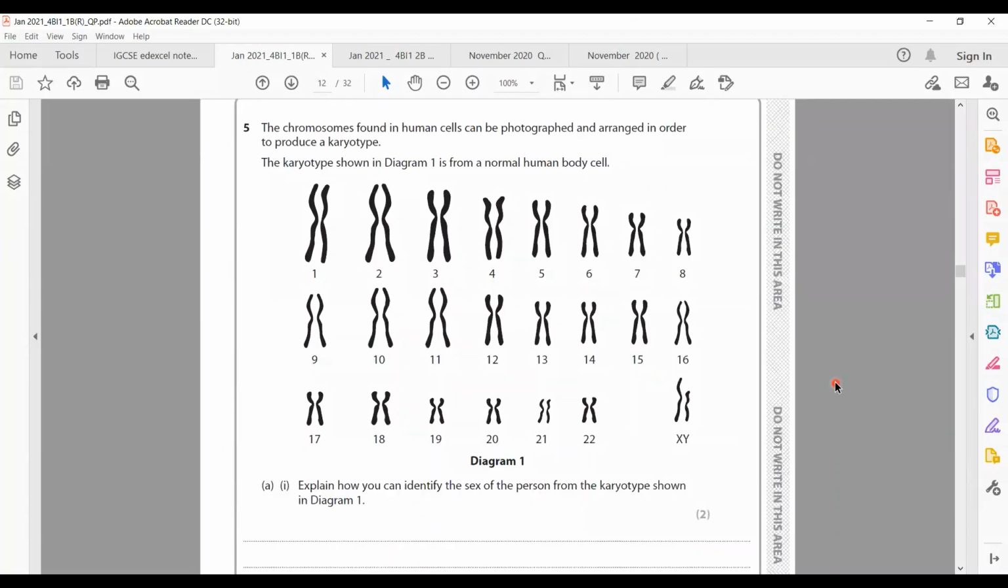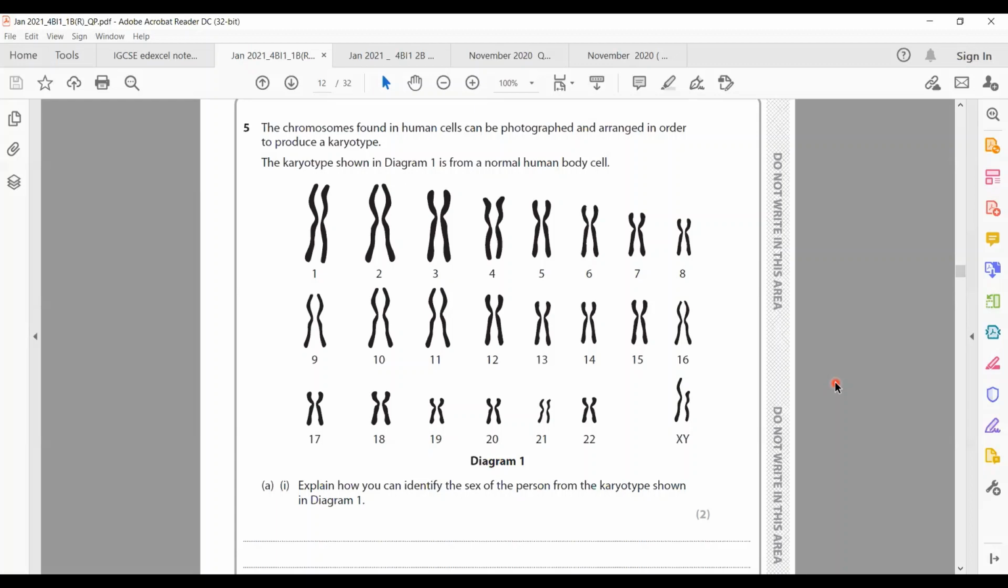Number 5. The chromosomes found in human cells can be photographed and arranged in order to produce a karyotype. The karyotype shown in diagram 1 is from a normal human body cell. Explain how you can identify the sex of the person from the karyotype shown in diagram 1. The 23rd pair of chromosomes can identify the sex chromosomes, right? So they determine that females will have 2 X chromosomes and males will have an X and a Y